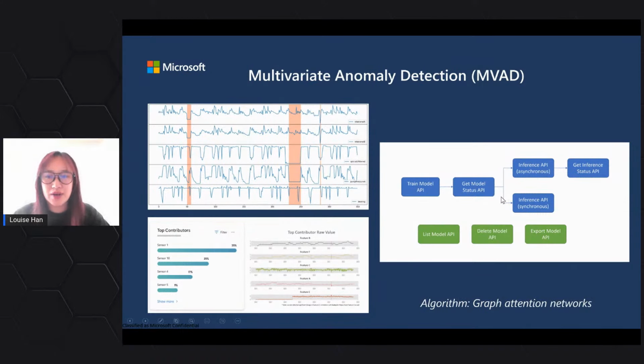After you train the model, you can trigger the inference. The interesting thing here is that you can choose either the asynchronous inference or the synchronized inference API. The difference between these two APIs is that with the first one, the asynchronous one, you will not get the results immediately. That is because